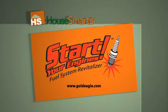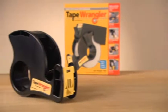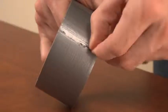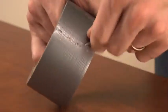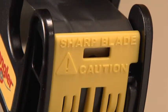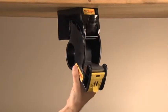The Tape Wrangler is a heavy-duty tape dispenser built to handle the toughest duct tapes and to keep you from struggling with tape that stuck to itself. The Tape Wrangler has a sturdy blade for a clean cut and a cover to keep you safe. Mount it under a cabinet or shelf and snap the...